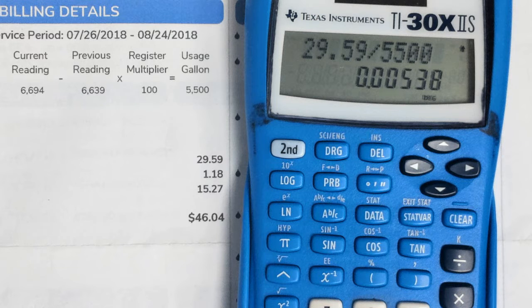Now listen, my bill will roll anywhere from $40 up to 50. It matters once you think about things like this: washing a car, running a slip and slide. That is the biggie at my house. Summertime slip and slide. The other biggie at my house is watering the lawn because we don't have sprinklers, so we use a garden hose. When the kids want to take a sprinkler and attach it to the trampoline, it is water that is sometimes wasted, I guess, if you call it that. We're having fun in it. But